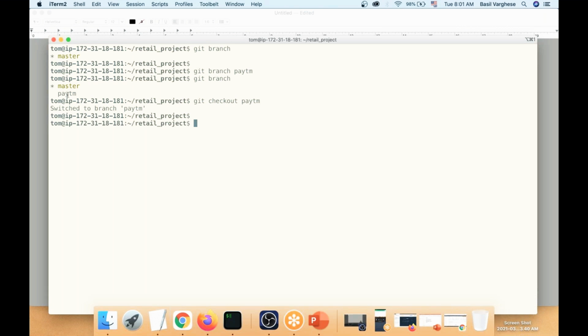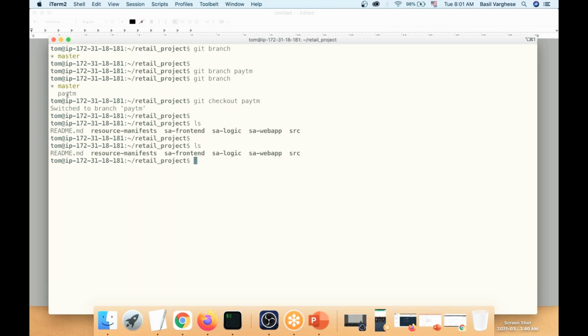So do you know what will happen right now? What content will Paytm have? I just created a new branch. Does a new branch mean completely empty? There won't be any content in it. Actually, the working copy also is in sync. So you type the ls command, then whatever you see here would be there in the Paytm branch also. So basically what exactly happens is